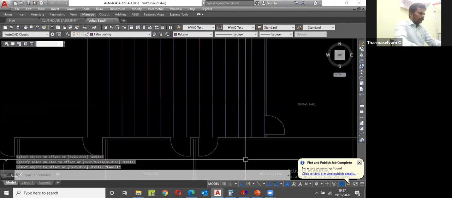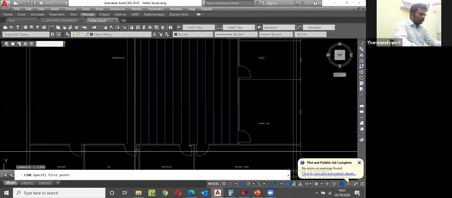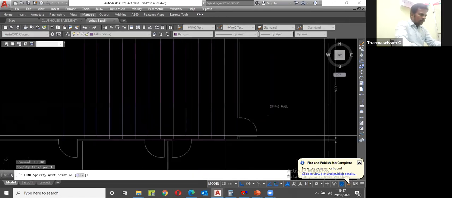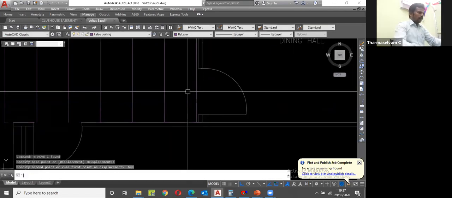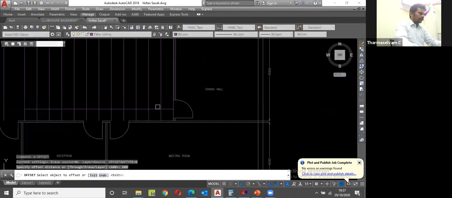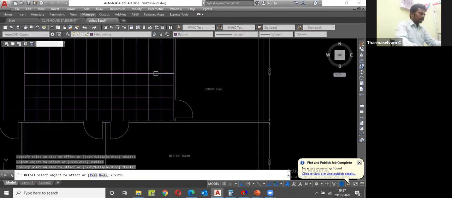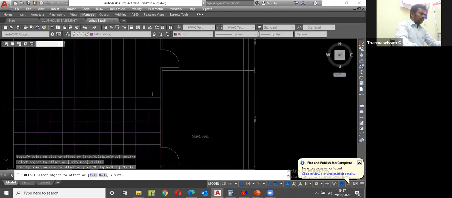Then bottom also. Move 600. Offset 600. This is the grid false ceiling.